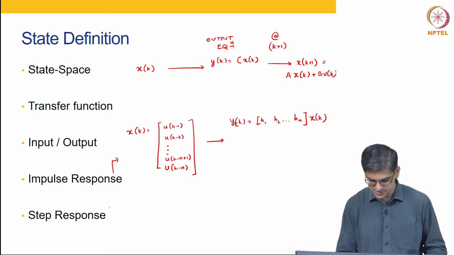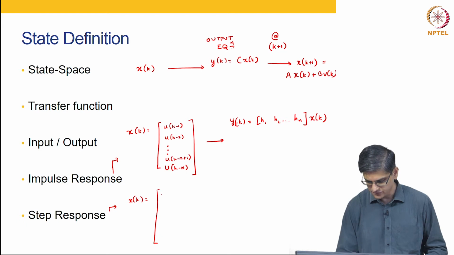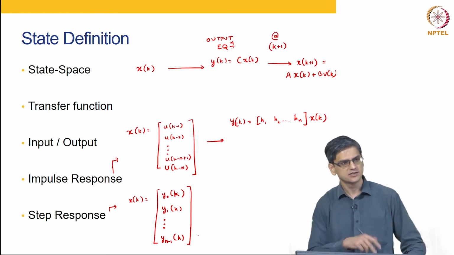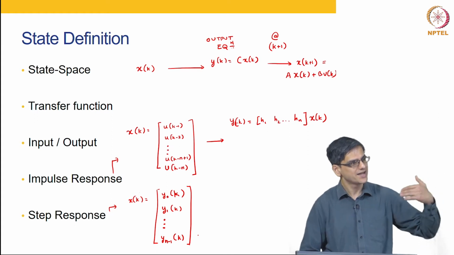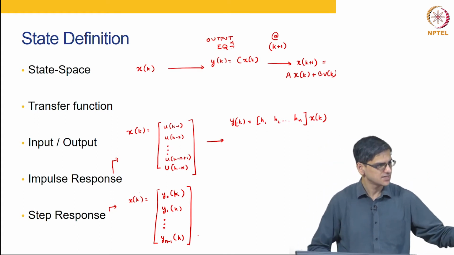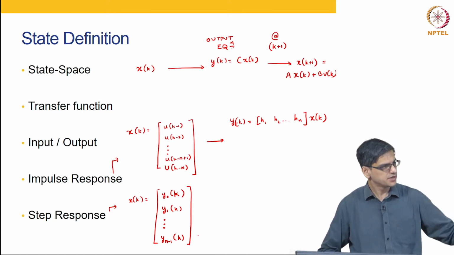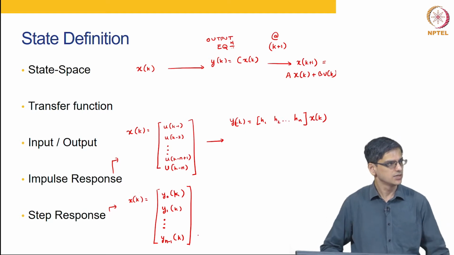And in step response models, we had our xk defined as y0k, y1k and so on up to yn minus 1k. Again, I am going over this fast, I will come to this in the journal so that it is much easier for you to understand. Just remember the mistake that I made in yesterday's class. We do not require ynk, because ynk is exactly equal to yn minus 1k, because we have only implemented inputs up till uk minus 1 at that stage.